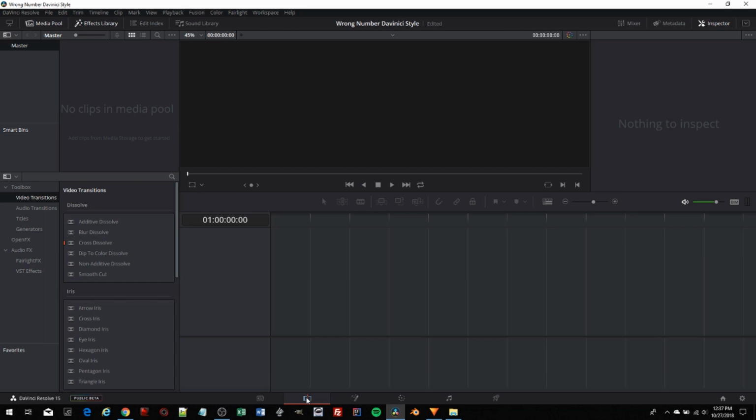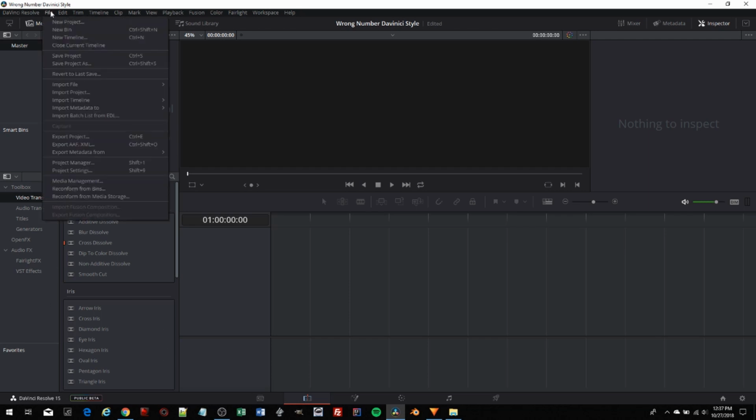And I'm kind of just shooting from the hip here, but I wanted to approach this module this way, where it's a little more raw and not as pre-planned, so that you can see the editing process and what you'll go through in the editing process. So I'm going to come up here to File, and I'm going to scroll down to Import File